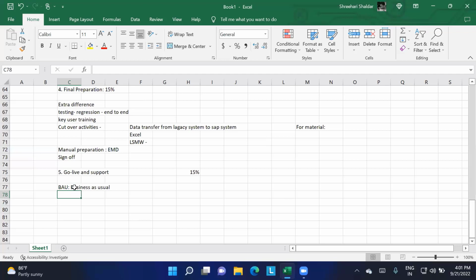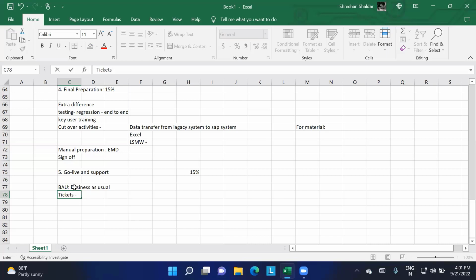Once the business is running, the end users will get most of the queries here. End users will face queries or problems within SAP, and they're going to send them to the consultants, or whoever configured the system, as tickets. We're going to call them tickets. What are the different tickets we'll be having here? These tickets we may receive